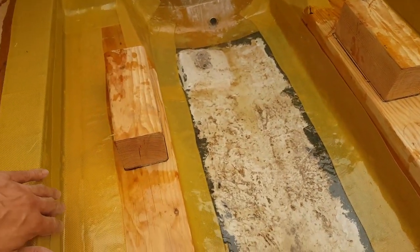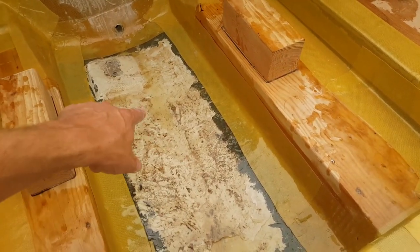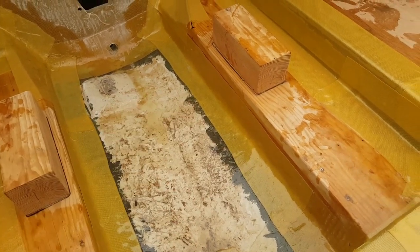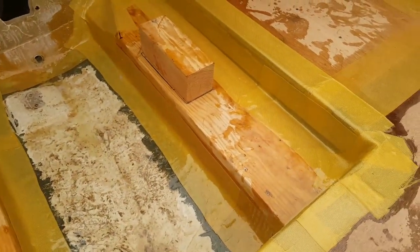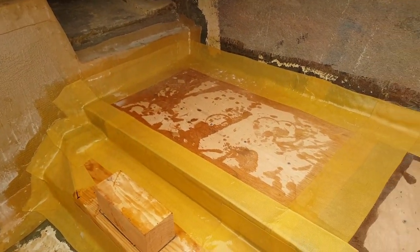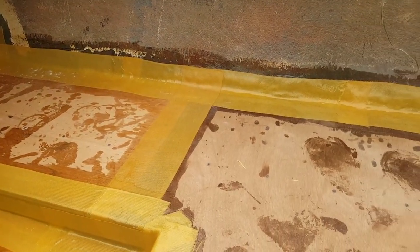So it'll be coated with Kevlar throughout here, except for this area here that's kind of stained. This is going to get covered with the white bilge paint, and we'll talk about that too. Alright, so this is what we're looking like here currently. All the 6-inch tape. We have officially completed